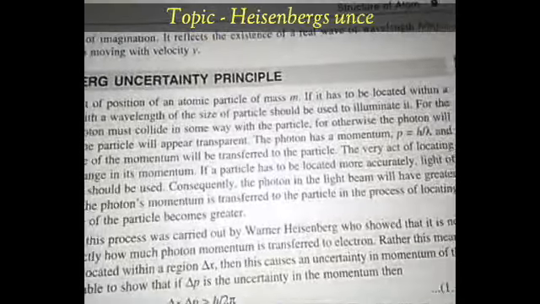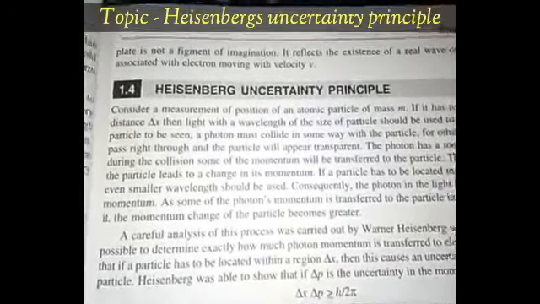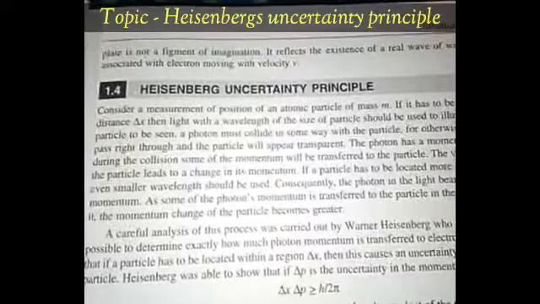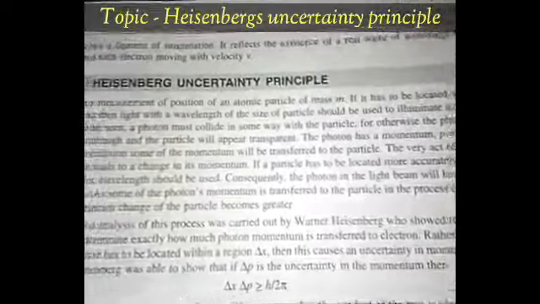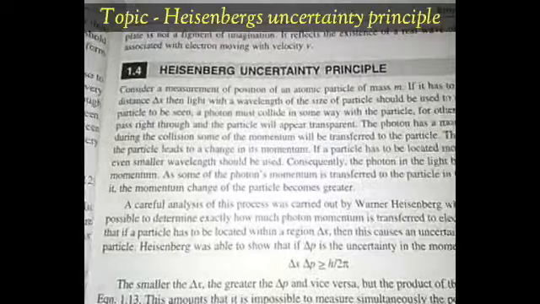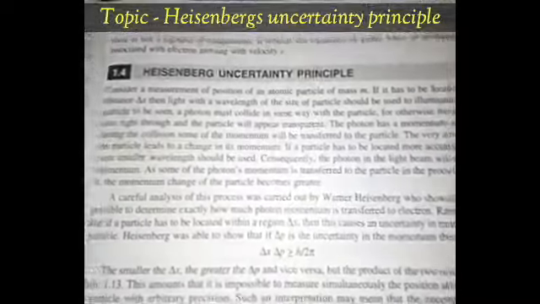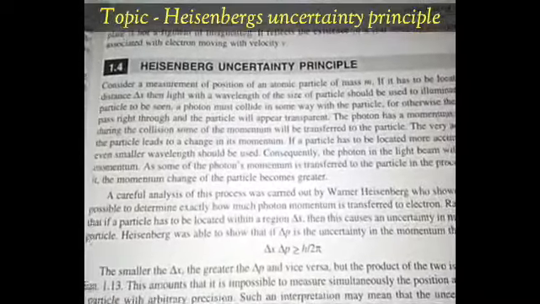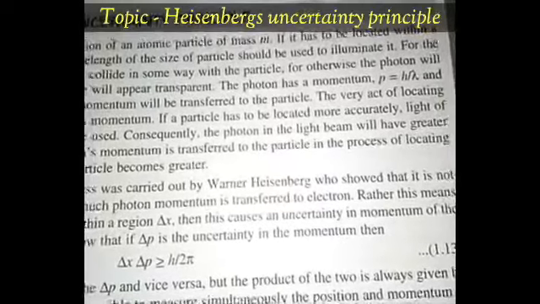If an atomic particle of mass m has to be located within a distance del x, then light with a wavelength of the size of the particle should be used to illuminate it. For the particle to be seen, a photon must collide in some way with the particle, for otherwise the photon will pass right through and the particle will appear transparent. The photon has a momentum p equal to h upon lambda,